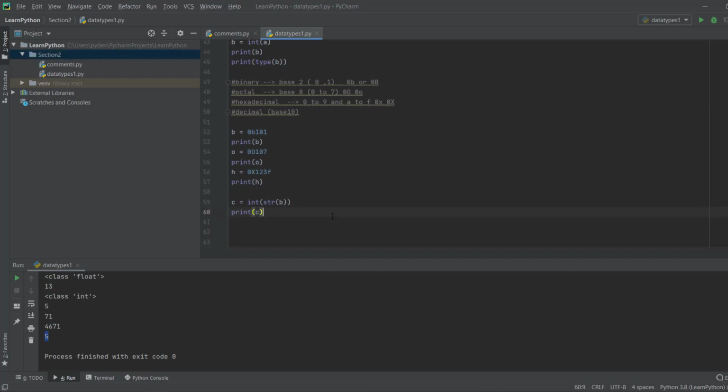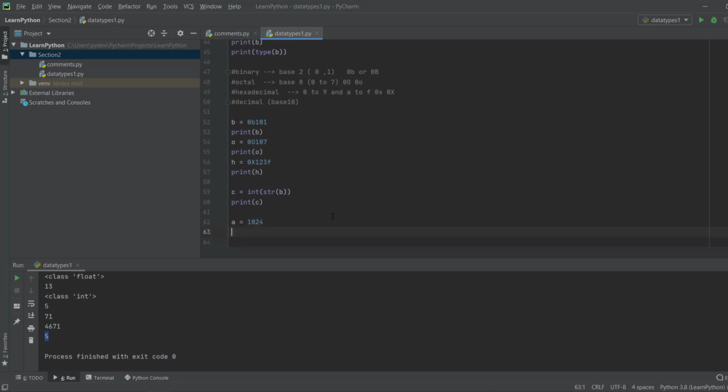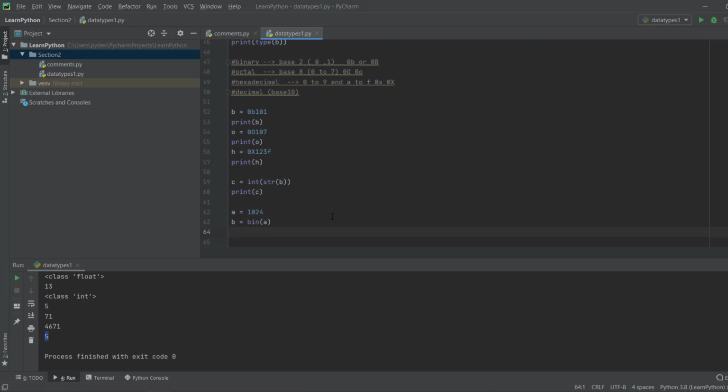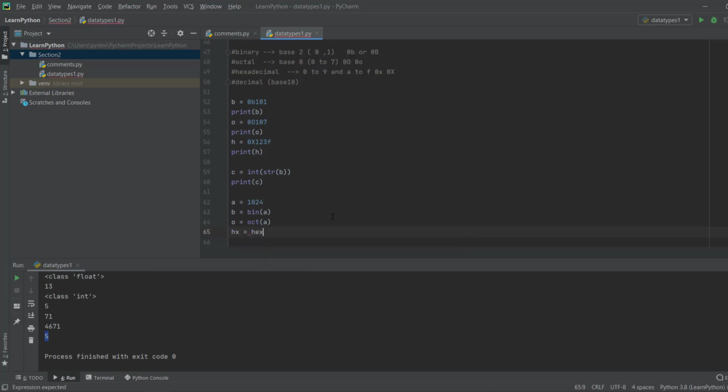You can also convert a base 10 number into binary, octal or hexadecimal. Say if I have a number 1024, I can just say b is equal to bin of a. If you have octal, o is equal to oct of a. And hexadecimal, hx is equal to hex of a.